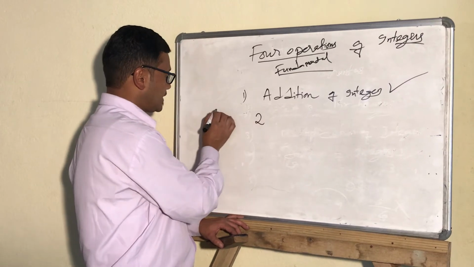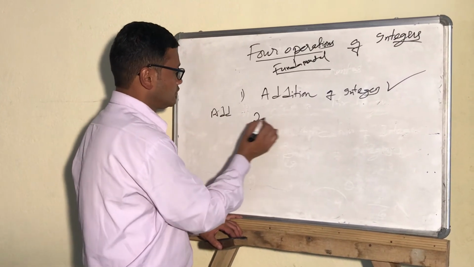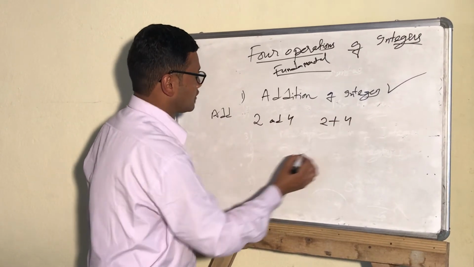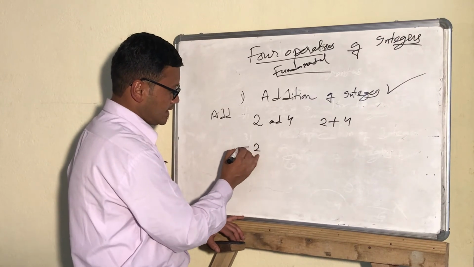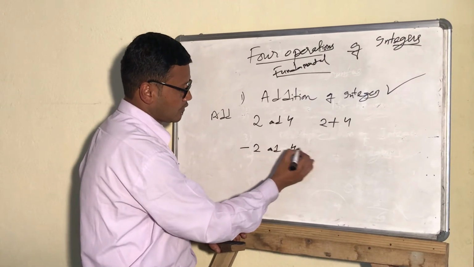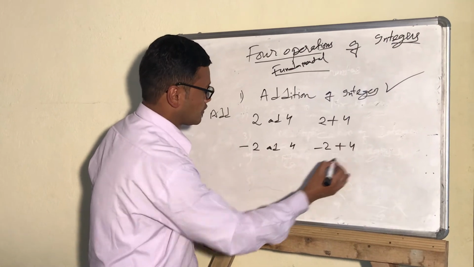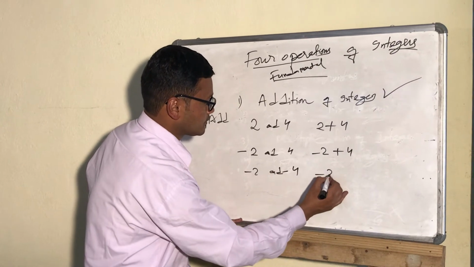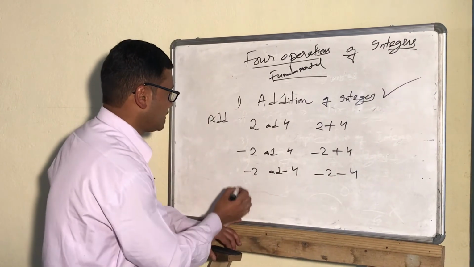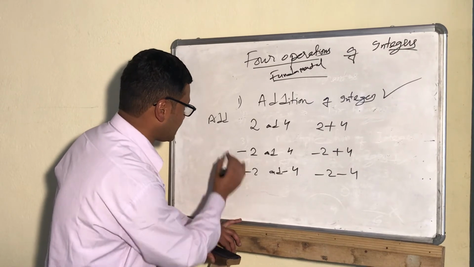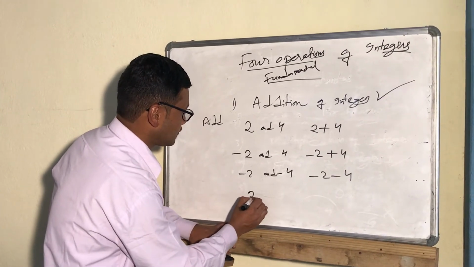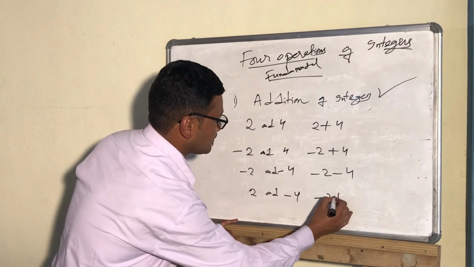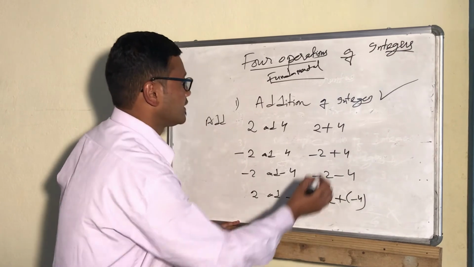2, we can write add 2 and 4, or 2 plus 4, or we can write add minus 2 and 4, minus 2 plus 4, then add minus 2 and minus 4, minus 2 minus 4, and then add 2 and minus 4, 2 plus minus 4. Okay, now